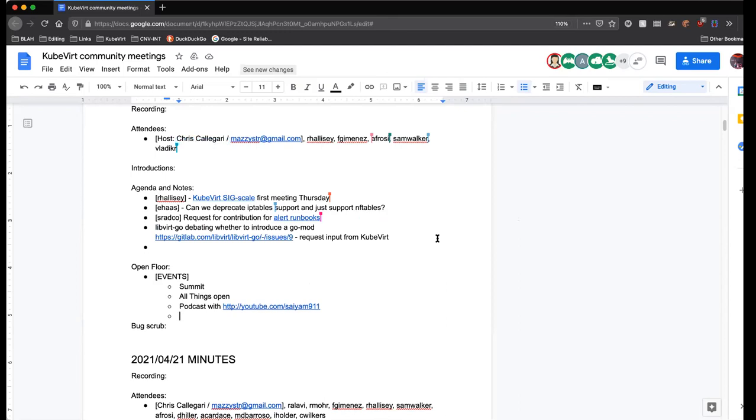This week we're planning to have a meeting tomorrow at the exact same time slot as this meeting. So it's 1400 UTC, 7 Pacific time, 10 Eastern. We'll have our first meeting, introduce things and kick things off, talking about perf and scale. If you're interested in it at all, or doing any work in that area, I would love to have you, and we can discuss any topics that are going on and try to solve some problems in that area.